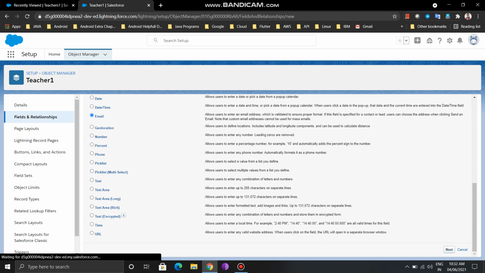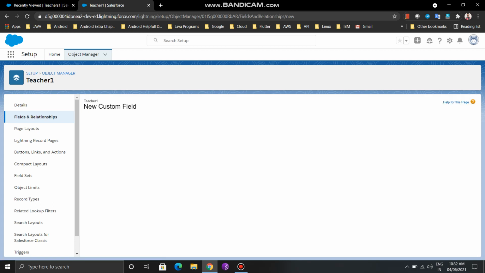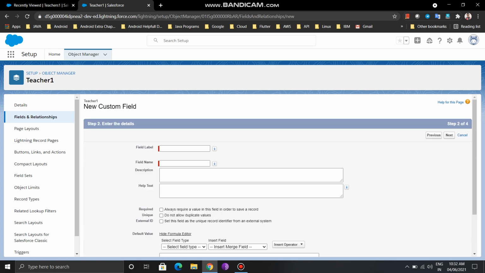After clicking on next, you will launch to the next interface where you need to provide the label for that field. It's taking time because my net is a little bit slow. So just use here teacher one email and just click anywhere. You will get the field name automatically.